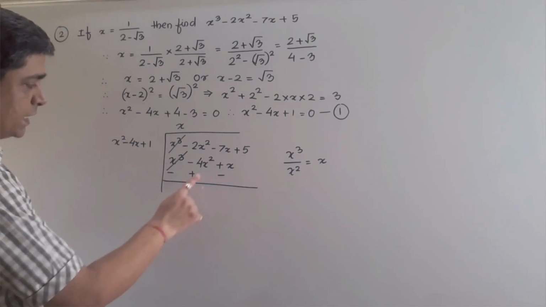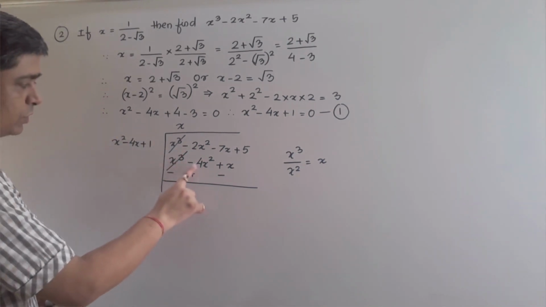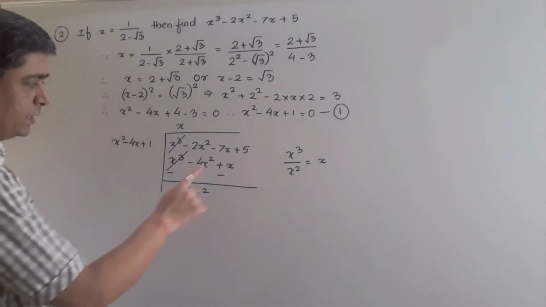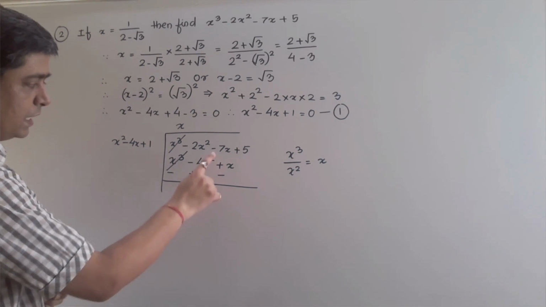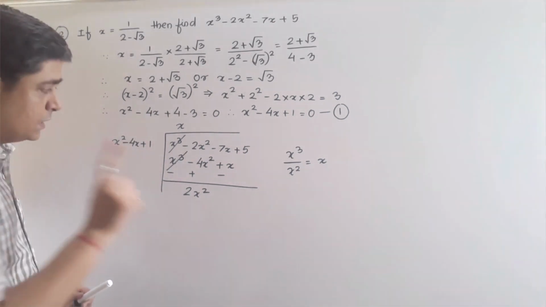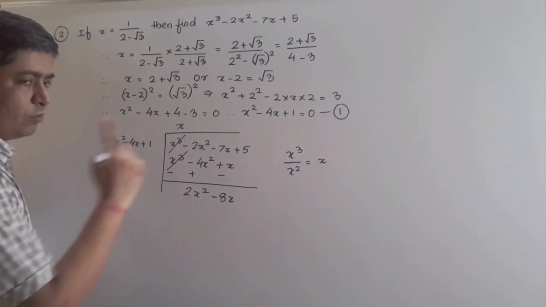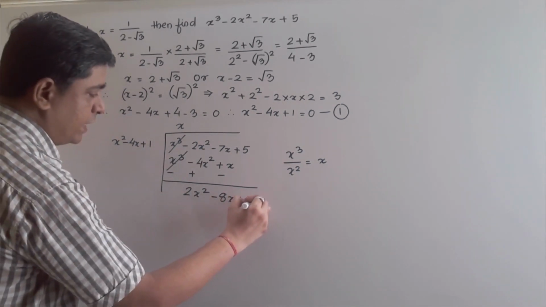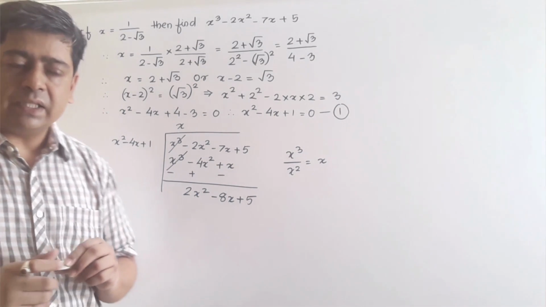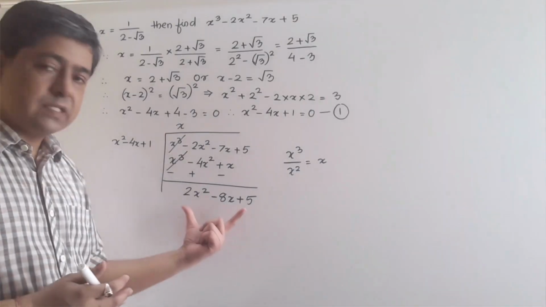Here you observe the sign of 4x square is plus and the sign of 2x square is minus. So from 4 I will subtract 2. What will remain here? 2x square. Similarly, here the signs of 7x and x are the same. Now it is minus, and this is also minus. So I will add both of them. So 7, and here how many x are there? 1. So 7 and 1 will become minus 8x, because you have to apply the sign of the bigger term. And plus 5 will be as it is. Now don't divide further. However, we can divide one more time, but we can keep it till here only. We can say this is my remainder.